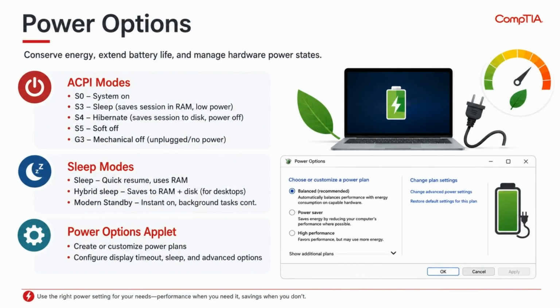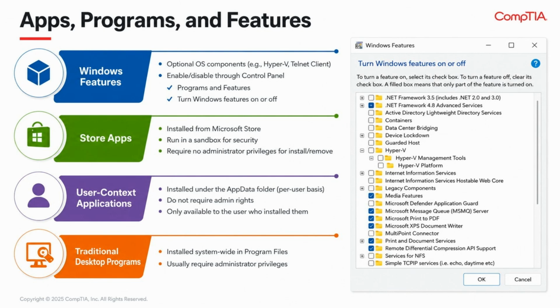Finally, power options help manage system state. From ACPI power states like Sleep and Hibernate to customizable power plans, these settings help balance performance and energy efficiency. Let's look at apps, programs, and features. Windows offers various ways to manage software, including optional OS components enabled via the control panel and store apps that